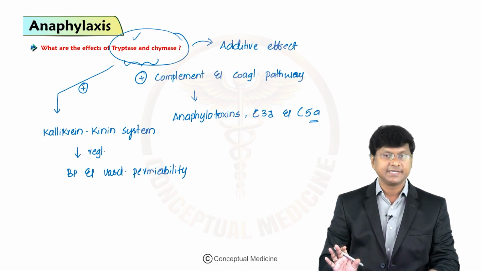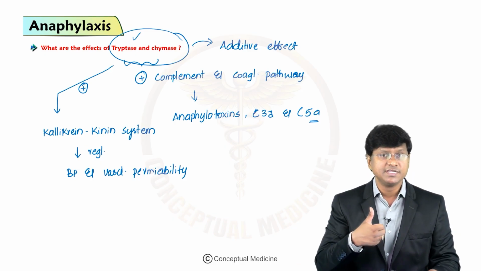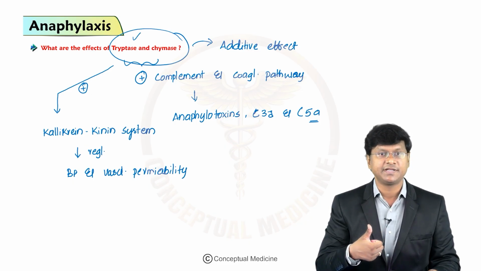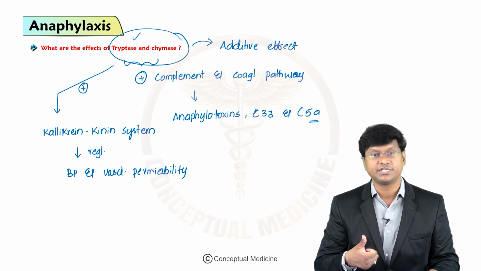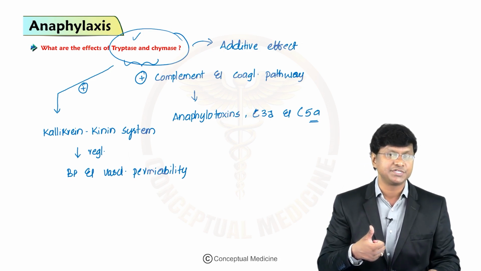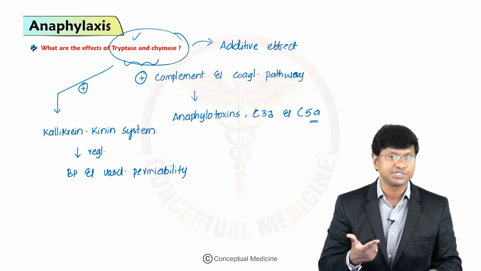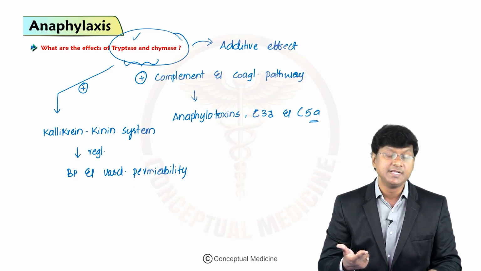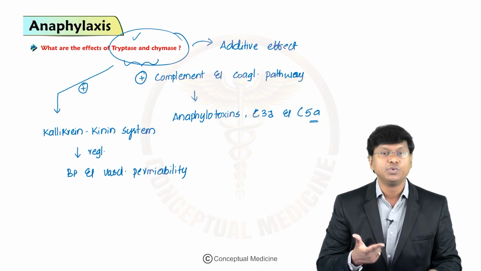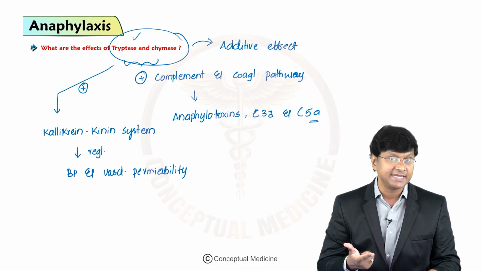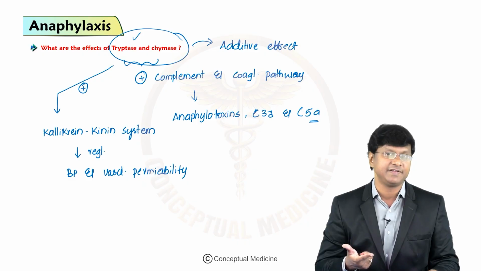Okay, so these are the effects of your mediators. The histamine will cause flushing, urticaria, pruritus, and in high concentration hypotension and tachycardia. Next important mediators are cysteinyl leukotrienes and prostaglandin D2. These two together will cause bronchoconstriction and increased vascular permeability, and prostaglandin D2 alone will cause cutaneous flushing and attracts basophils and eosinophils to the site of the mast cell activation. And it is the platelet activating factor that correlates with the anaphylaxis severity.